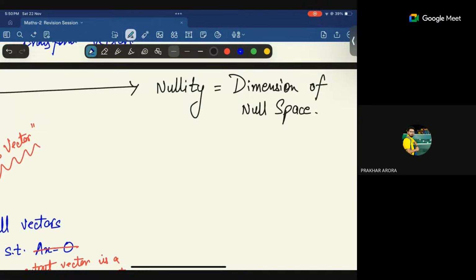But I will tell you that generally, if I have a vector 2 1, this belongs to R2. I can say that this belongs to dimension 2. So here an important thing,